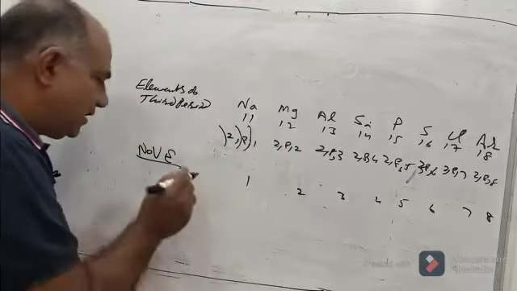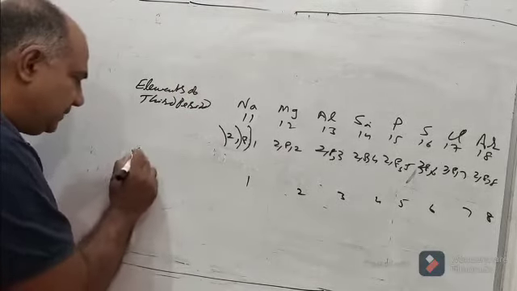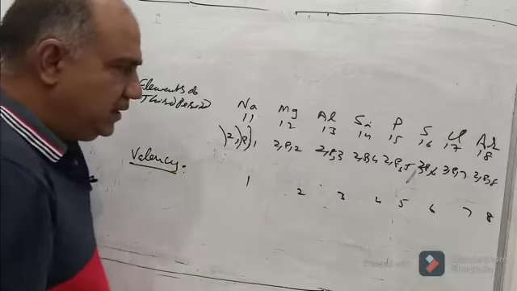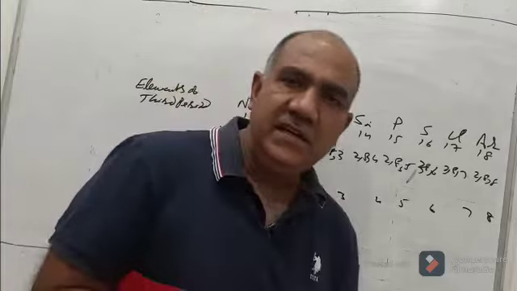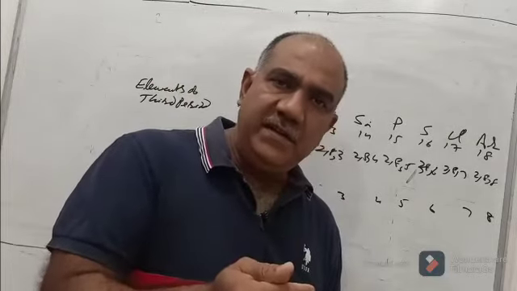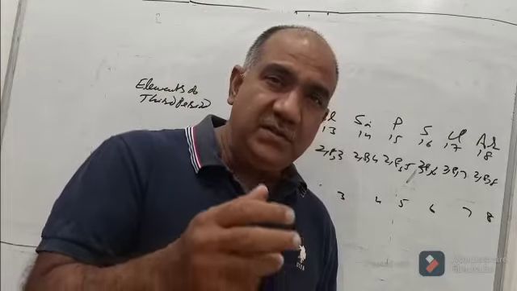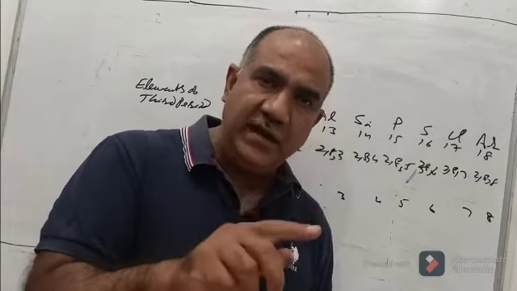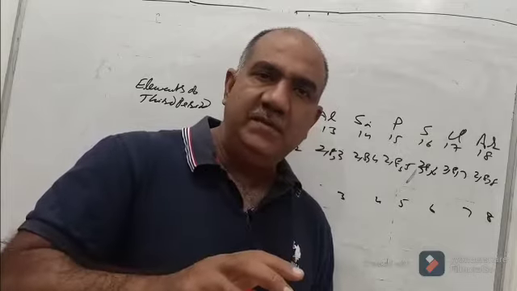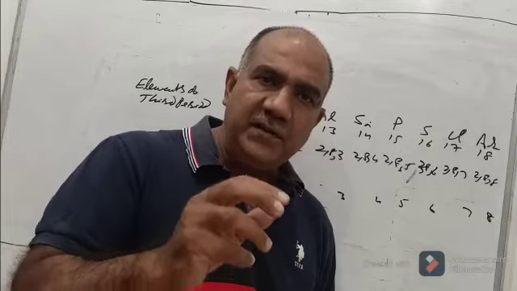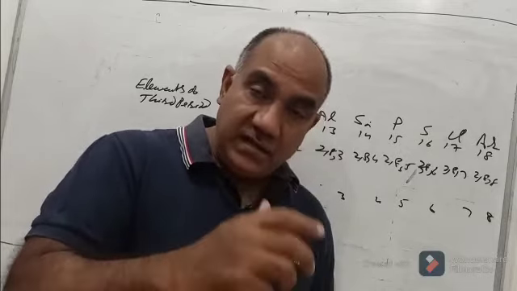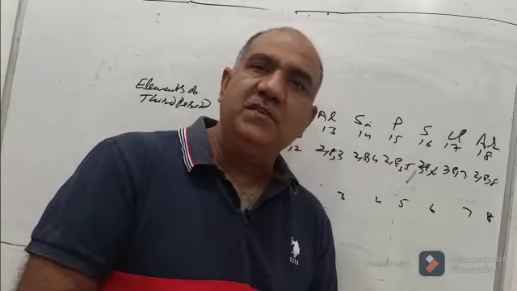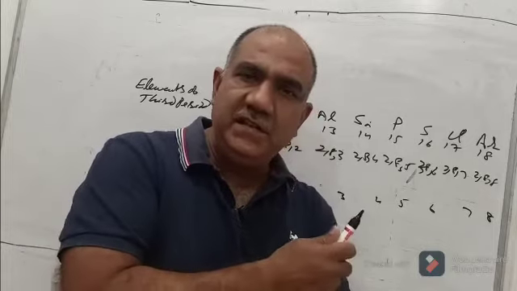Now second characteristic that we will see is of valency. Before going into the detail, let me tell you what is the valency. See, valency of an element is the number of electrons that are required to be lost, or that are required to be shared, or that are required to be gained by one atom of that element in order to complete its duplet or octet, thereby becoming stable by achieving nearest noble gas configuration. See, I will explain this in detail.